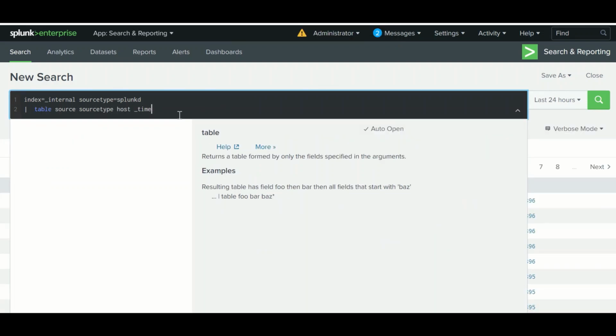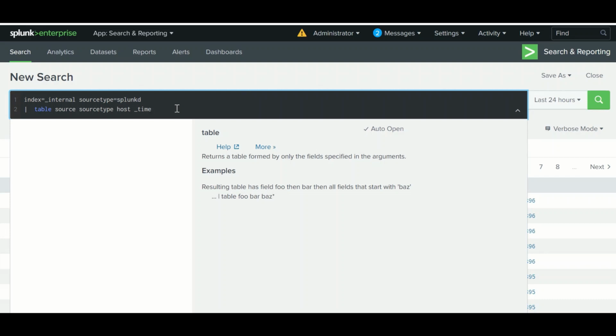So let's talk about the table command. As the name suggests, it will provide you the events in the form of a table. The table command returns a table format with only the fields in the argument list.